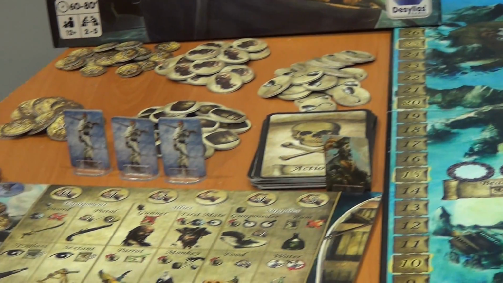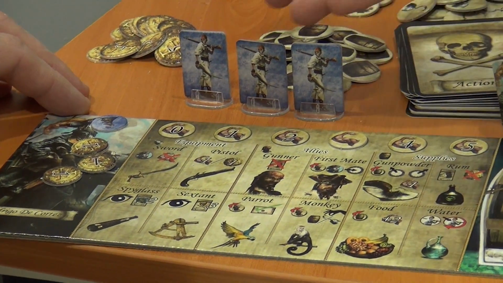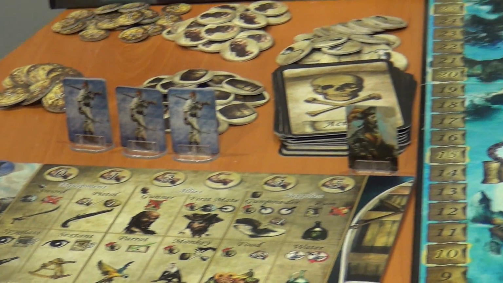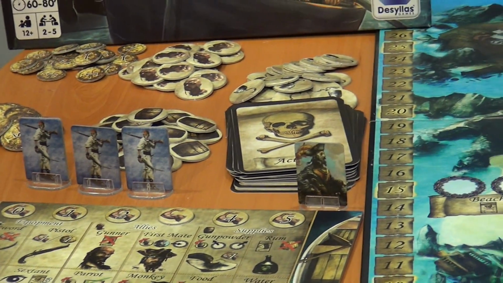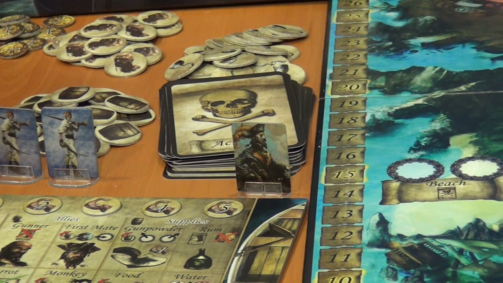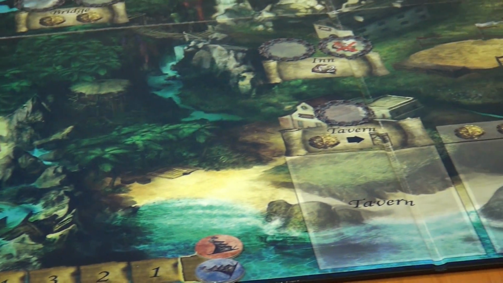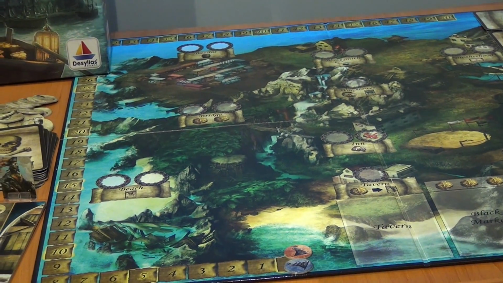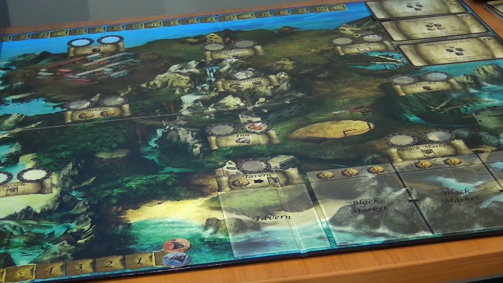Each player gets a player mat. Depending on the number of players, for a two-player setup, we get our pirate, 3 mates, and 3 doubloons. You also get a player token, just to remind everybody else which color belongs to which player. And we put them on the victory point track. So, in turn, each player uses either his pirate or his mate and goes to a location where he performs the action